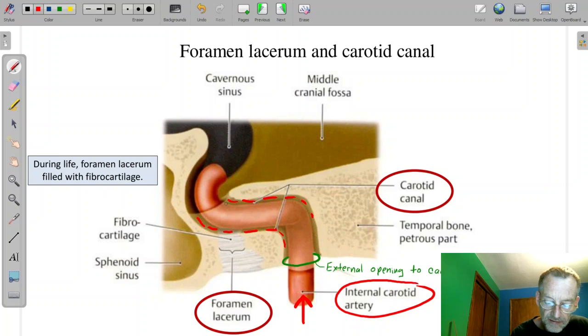And then we have another opening where the internal carotid exits, sort of the internal opening to the carotid canal. But let's not get too hung up on that. If you recognize the external opening to the carotid canal through which the internal carotid passes, and then the carotid canal, here is the